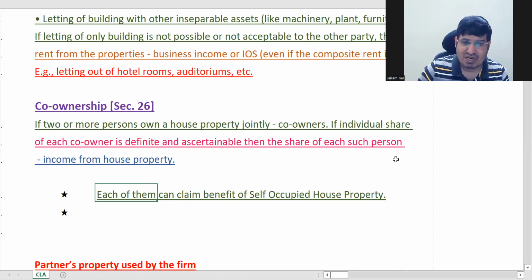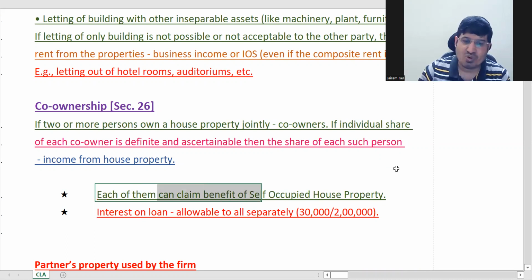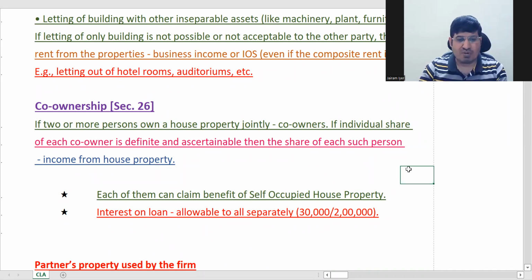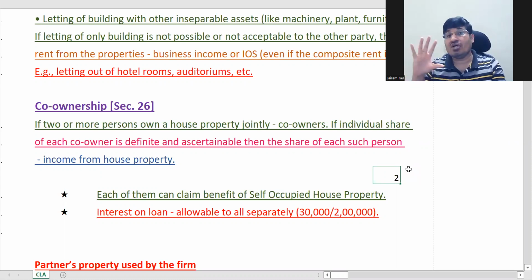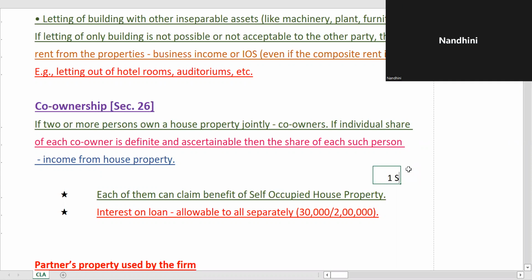Each of them can claim the benefit under self-occupied house property. Interest on loan allowable to all separately is 30,000. This is 30,000 or 2 lakhs. You'll come to learn these two things as we go ahead. So everyone gets a self-occupied house property. Two house properties are exempt for you. There is no tax if you are using them for your own staying purpose. Two properties you can use, however big, however small. If you have a huge palace, or two huge palaces of 1 square kilometer,